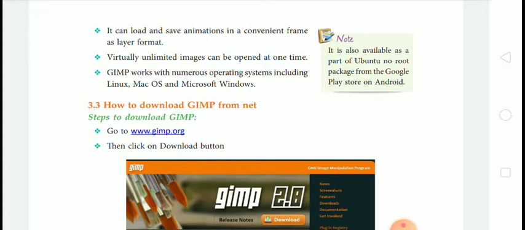Virtually unlimited images can be opened at one time, meaning at a time we can open unlimited images. GIMP works with numerous operating systems including Linux, Mac OS and Microsoft Windows.